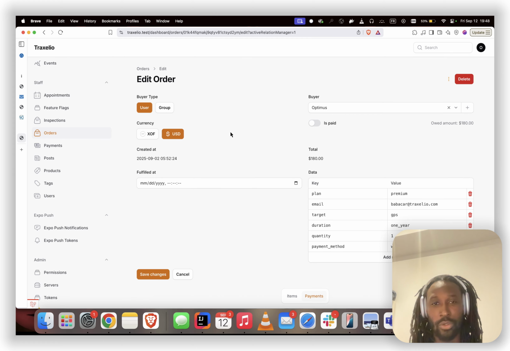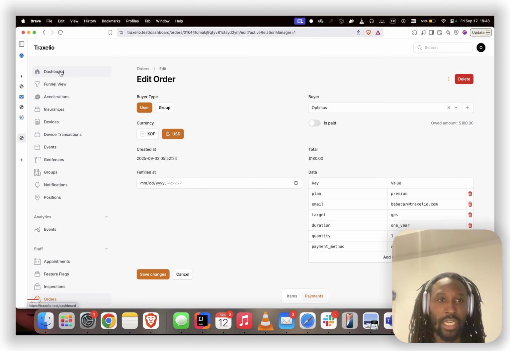This is an example order. I'm not showing the real information just because I feel like it might leak customer information, so we are trying to avoid that. Let's try to be professional. So this is the dashboard. The quick thing I wanted to show around